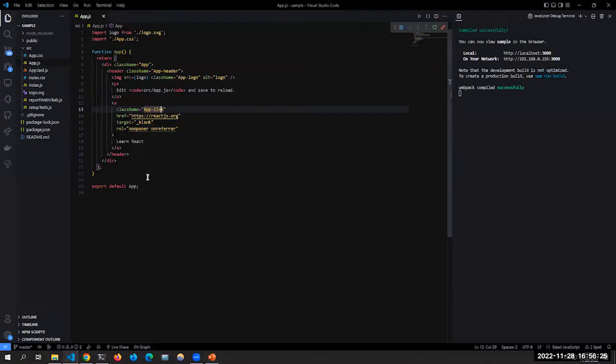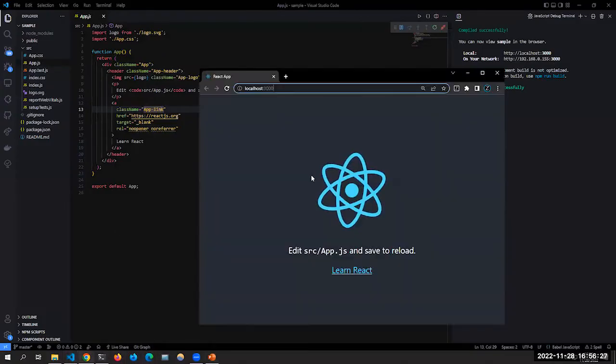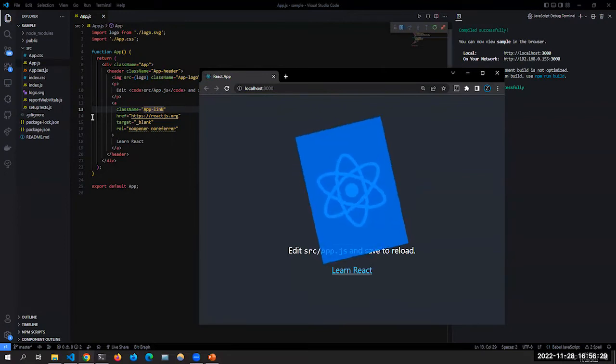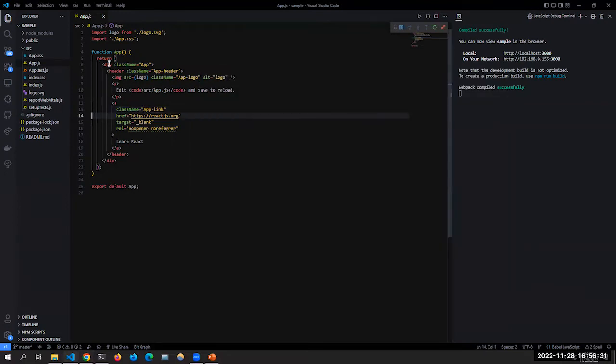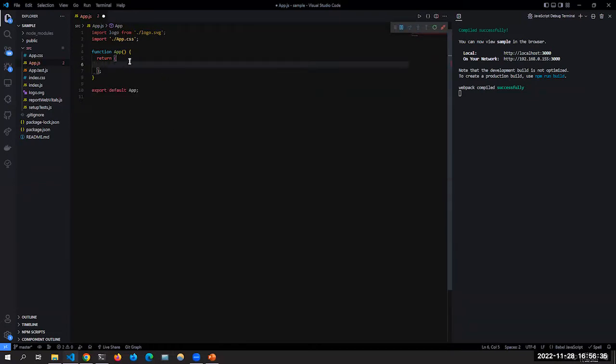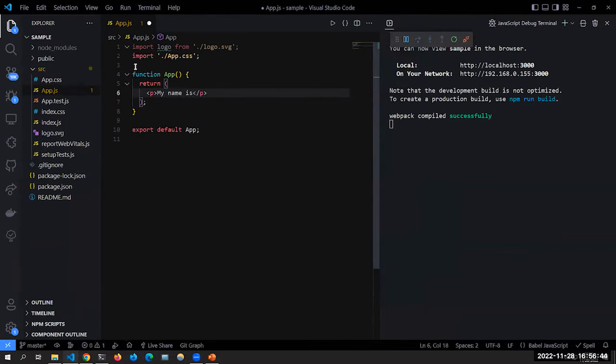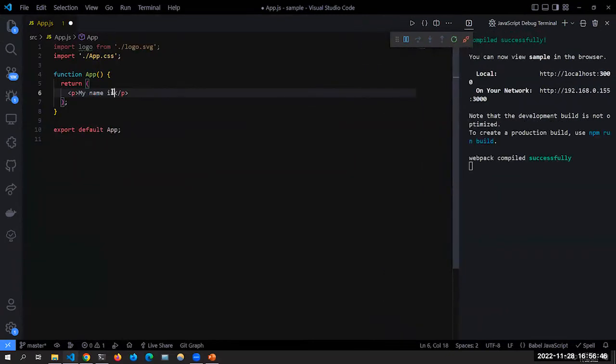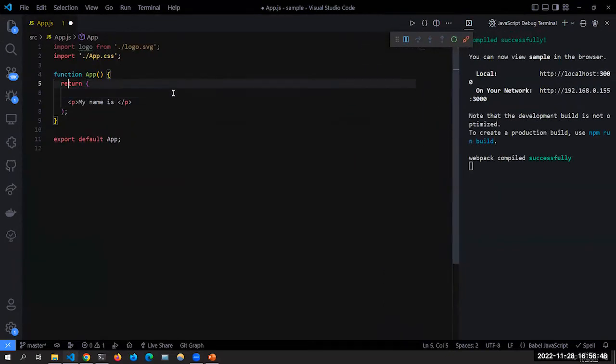So let's try that out. I'm going to get rid of a lot of this code here, I don't really care about it. You'll get an error because you need to return something. So I'll return a paragraph tag saying, my name is something, and I'll make this a lot bigger. But let's first define a variable. Just like we did in the example, I'll call this name, and then